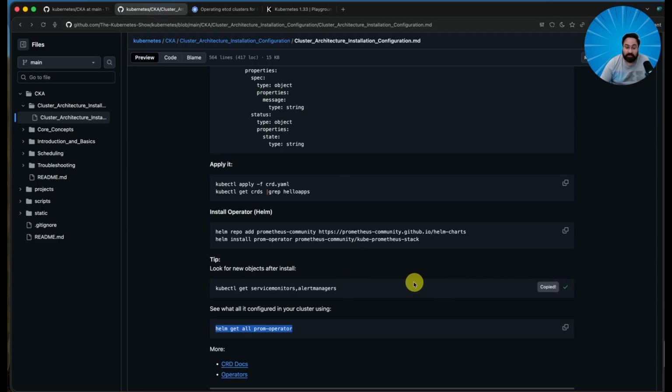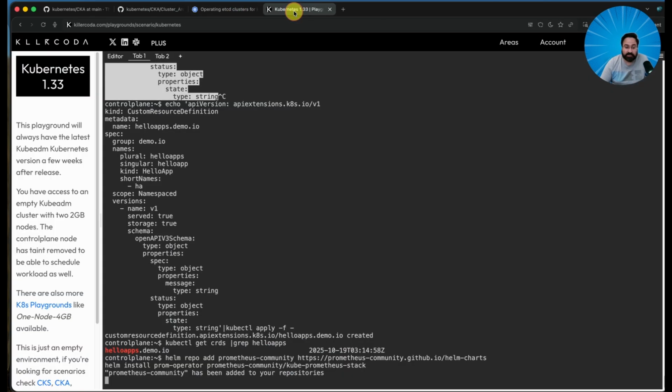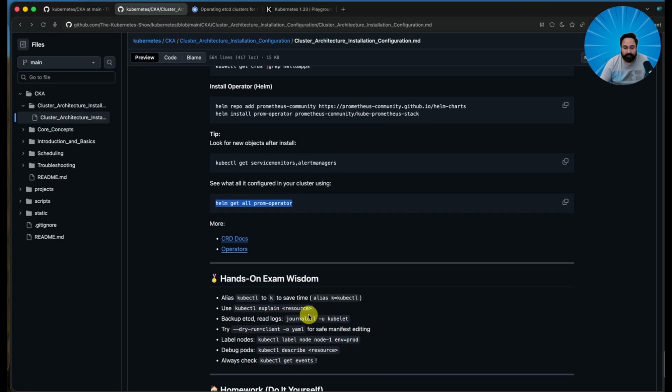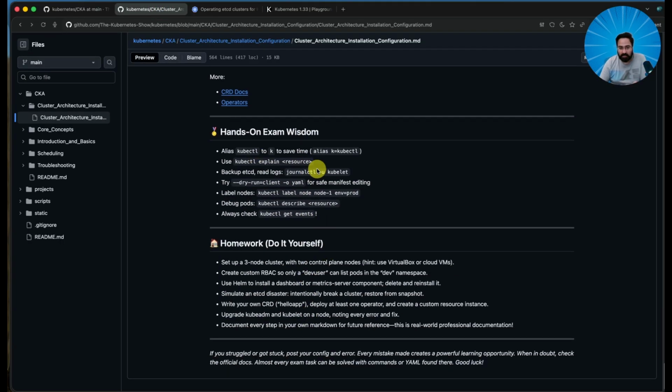But still, you need to know. Sometimes they might say change this value and do this install using Helm in a particular namespace. Unless you have done hands-on, unless you have played with Helm, you might end up experiencing some problems. So you can see it downloaded, it is installing, it takes a bit of time. But I've given you some inputs on what I feel are important things,